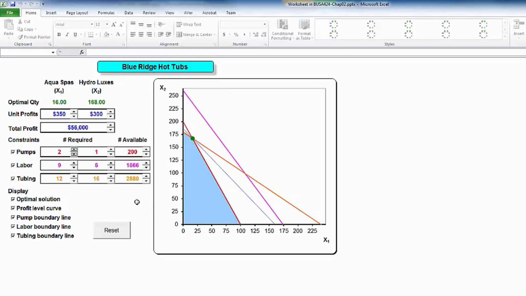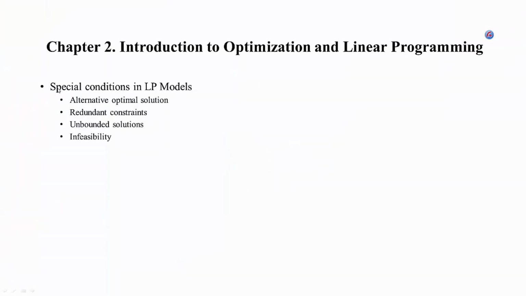There is one more situation, where we may not have any solution for the problem. So based on our discussion, we can have several special conditions in the linear programming model: alternative optimal solutions, redundant constraints, unbounded solutions, and infeasibility. We discussed alternative optimal solutions and redundant constraints, but we haven't seen the other two cases. We are going to see them in a moment, but let's first talk